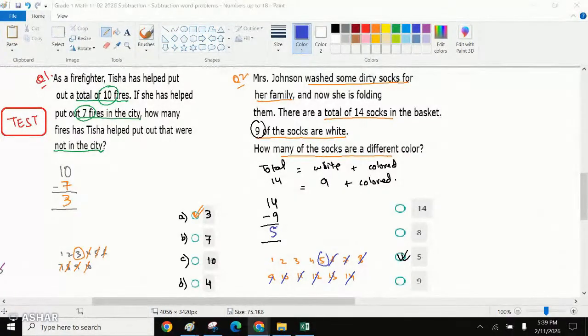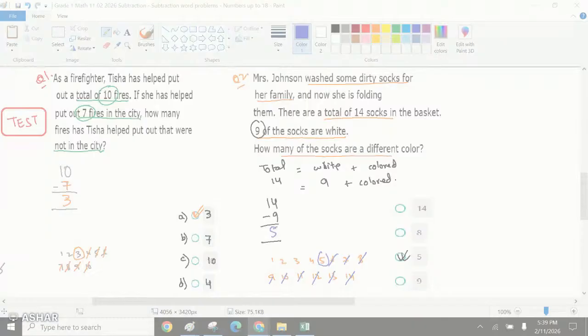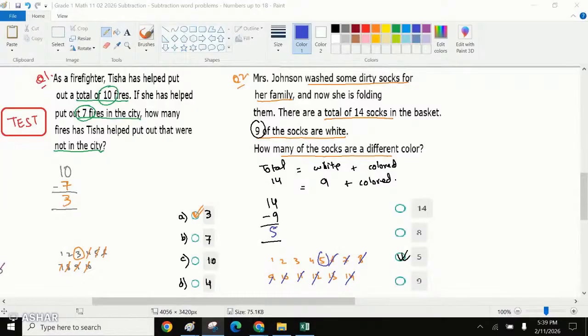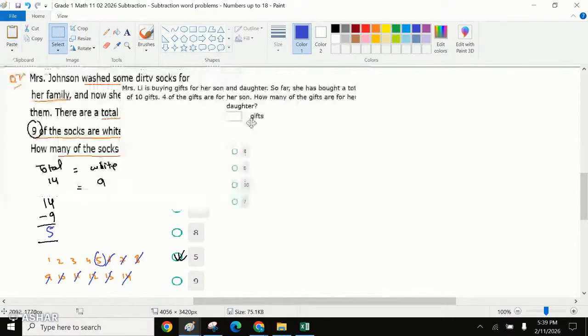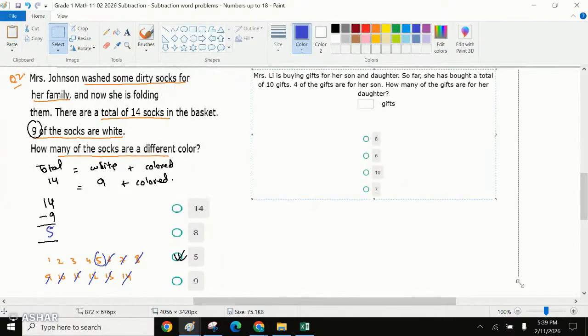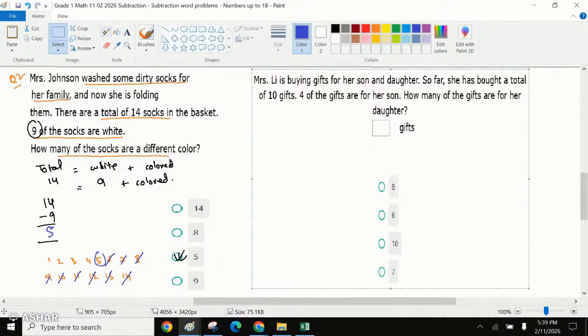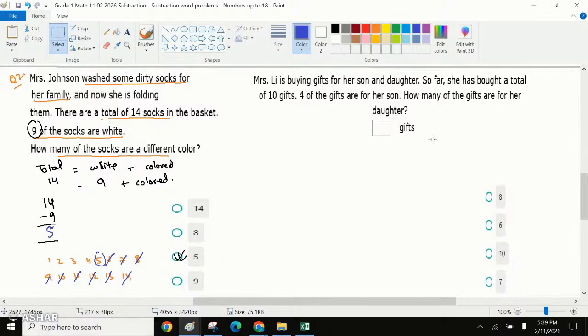Okay, the next question says, Mrs. Lee bought gifts for her children, and there are different number of gifts for either of them. If these were the number of gifts for her children, it could be 8,